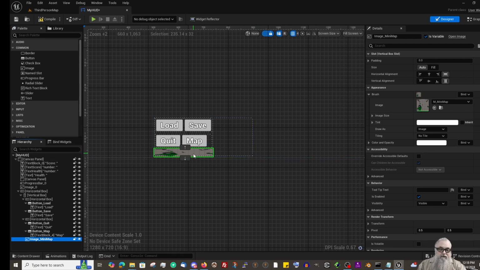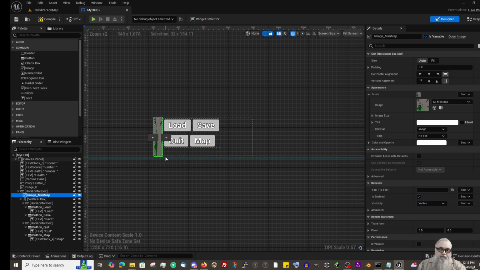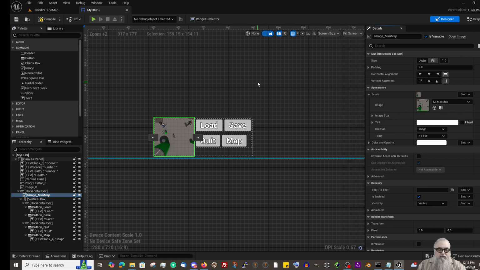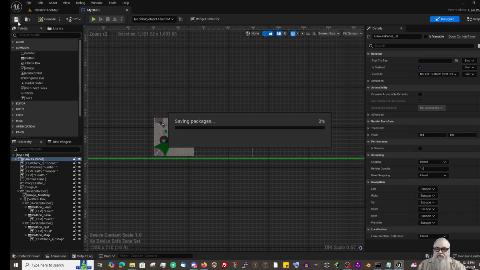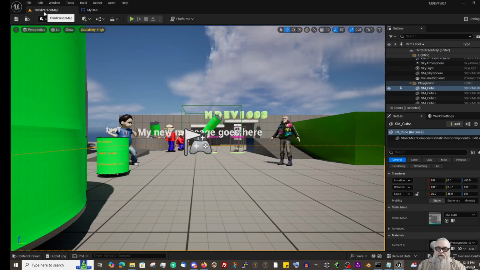Got it the wrong way. So now my mini map is showing beside my buttons, and if I come over and play the game,